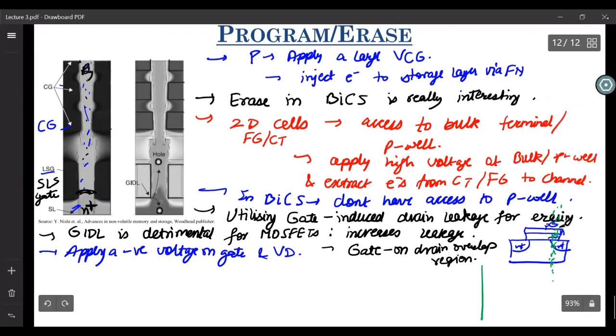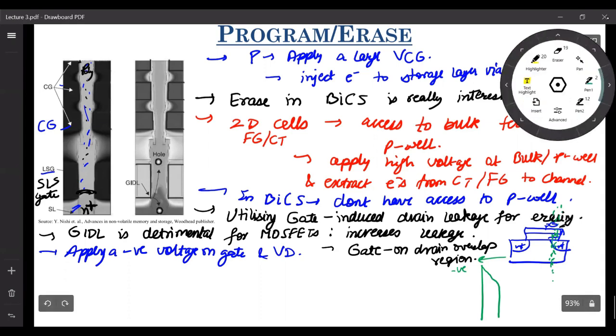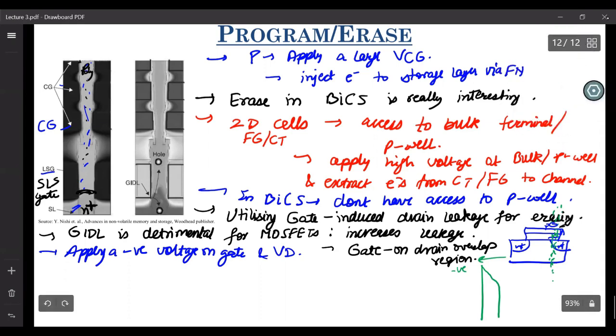So you have this oxide layer, and since the gate is negative and drain is positive, you have field direction like this, and the band bending in the oxide will be in this direction. And within the drain, since you have applied a negative potential to the gate, it will repel the electrons close to the surface within the drain. It will deplete the drain surface close to the interface between oxide and drain. So you will have the energy bands within the drain close to the surface looking like this. Since it's depleted, it moves away from the EF close to the interface.